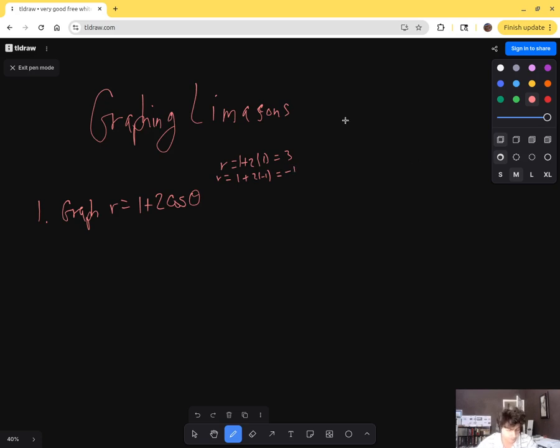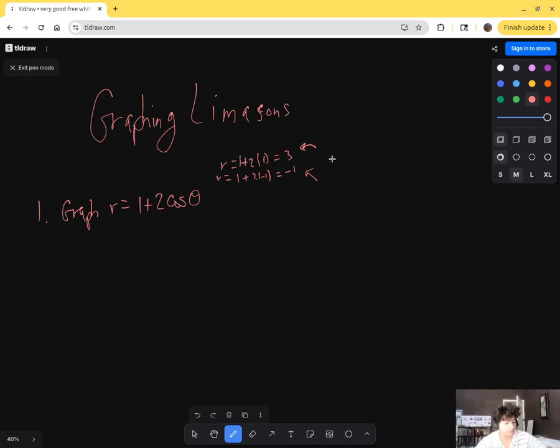So the outer loop has the tip at 3, and then the inner loop, you take the negative value, the lowest value, and you take the opposite of that value. So because it's -1, that means it's opening to the right. So that means the inner loop is going to have a distance of 1. Okay, so now that we have that, the next step